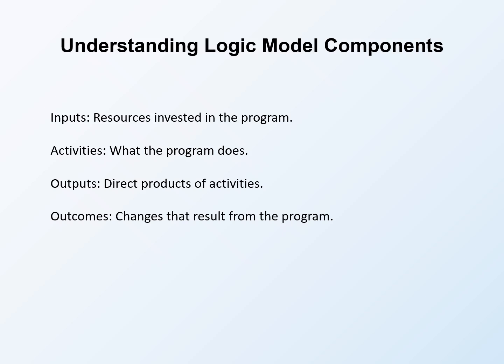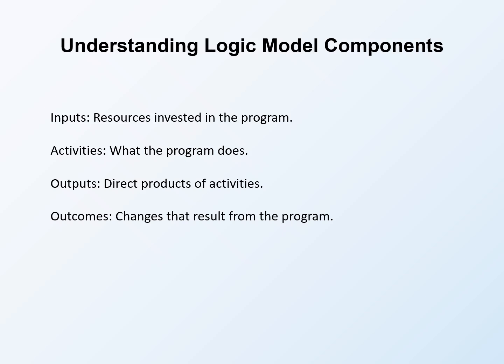To effectively use AI for program design critique, we need to review the components of logic models, which are the primary tool for articulating program logic. Inputs are the resources invested in your program, including staff, funding, facilities, materials, and partnerships. Activities are what your program does with those inputs, the services delivered, events held, trainings conducted, and interventions implemented. Outputs are the direct, countable products of your activities, such as the number of people served, sessions delivered, or materials distributed. Outputs show what you did and how much.